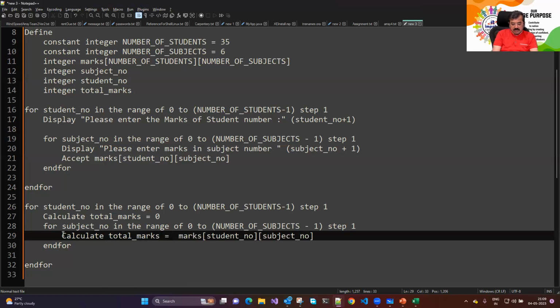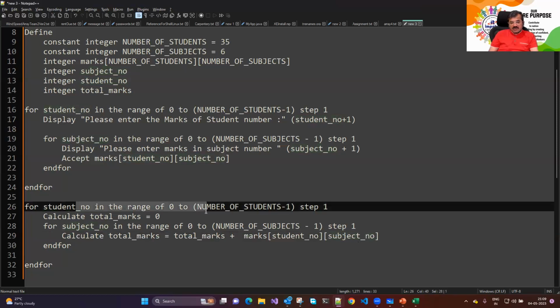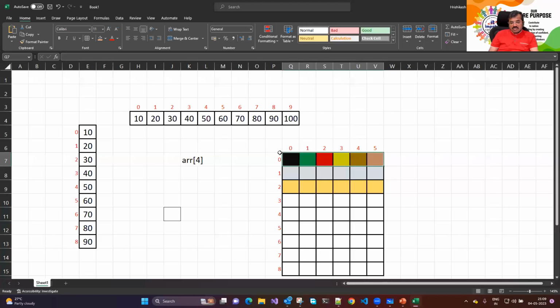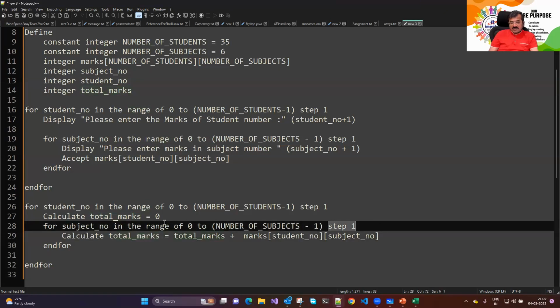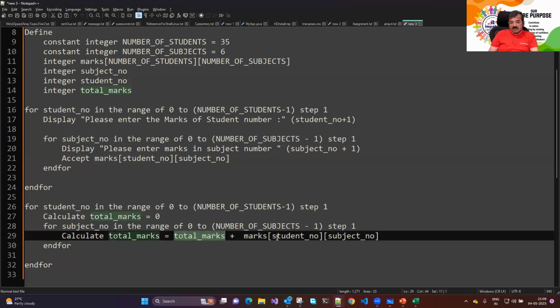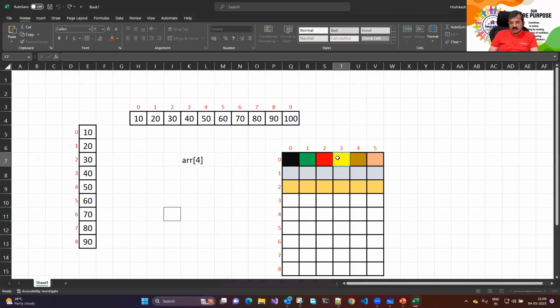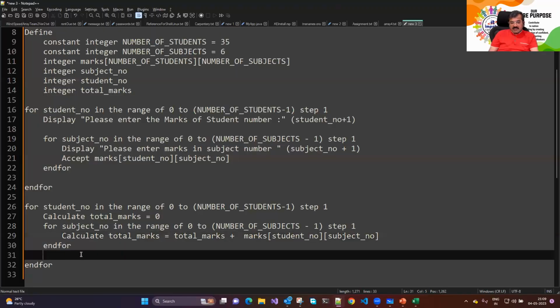total marks is equal to total marks plus mark of student number subject number. Student number for the first time is 0, subject number is 0, so 0,0 is the first, ये वाला 0,0 is the first, वो total marks में add हो गया। After that step 1, counter now becomes 1 in the range of 0 to 5, yes, तो total में ही दोबारा ऐड करेंगे mark of 0,1, तो 0,1, 0,2, 0,3, 0,4, 0,5, ये सारे मार्क्स टोटल में ऐड कर दो एंड देन विल डिस्प्ले द स्टेट।